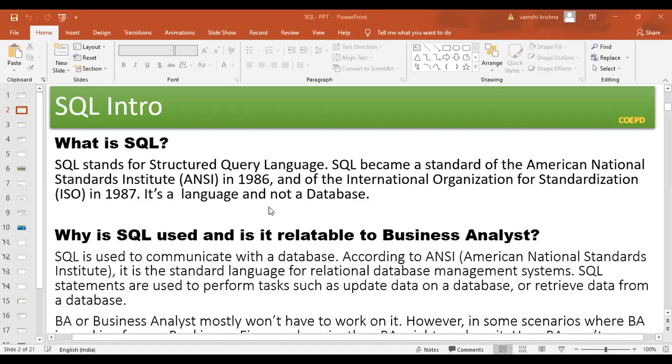Are you getting it, guys? Someone is speaking, please mute. So we would definitely use a tool to handle the data. I'm sure you have Power BI and Tableau where you do data visualization. You create data there. Now, in order to edit data, to view the data, or to add any new fields or records, you need a tool. And that tool is called SQL. Clear, guys? Any questions so far?